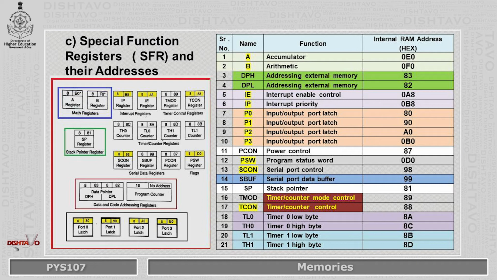Register A and register B, which are CPU registers, are seen on the top of the special function register table. The 8051 contains 34 general purpose or working registers. Two of these are register A and register B, which hold the results of many instructions, particularly math and logical operations of the 8051 central processing unit. The other 32 registers are arranged as a part of internal RAM in 4 banks, that is bank 0, bank 1, bank 2, bank 3 of 8 registers each.